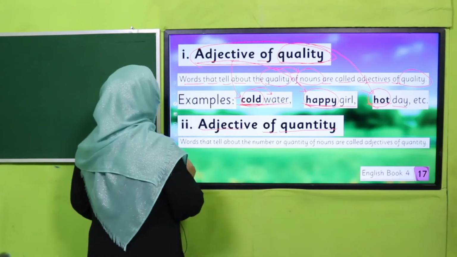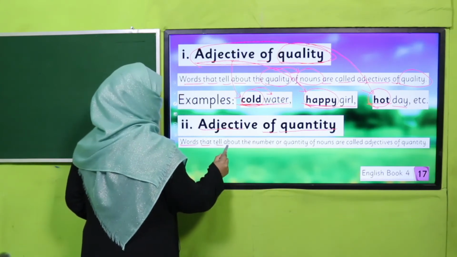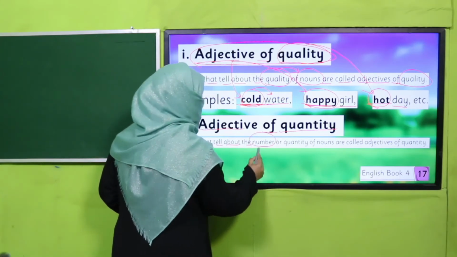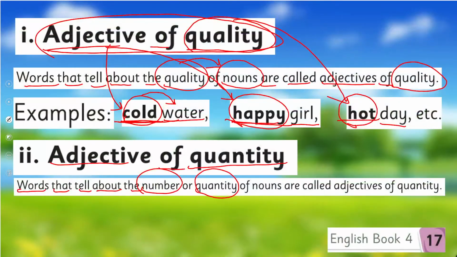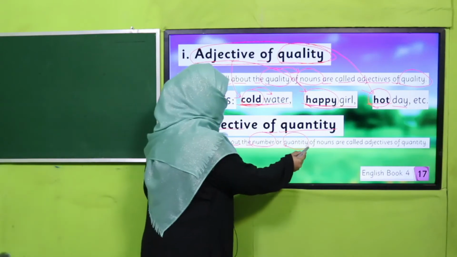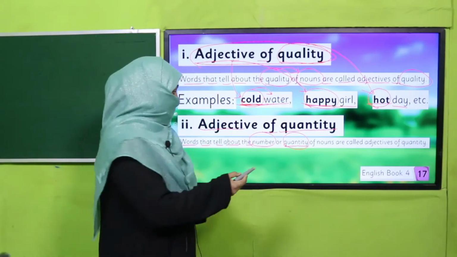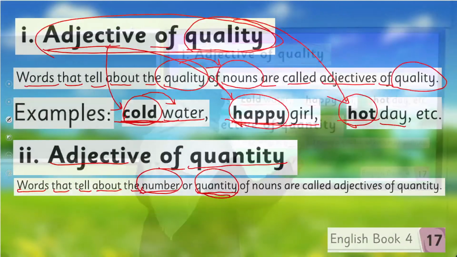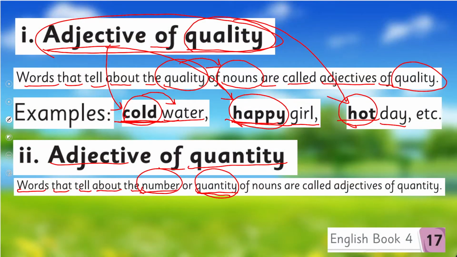Next is adjective of quantity. What is adjective of quantity? The words that tell about the number or quantity. Number means something which you can count, 1, 2, 3, 4. And quantity means something which you can measure. So both number and quantity, the words which tell the number or quantity of a noun are called adjective of quantity. For example,